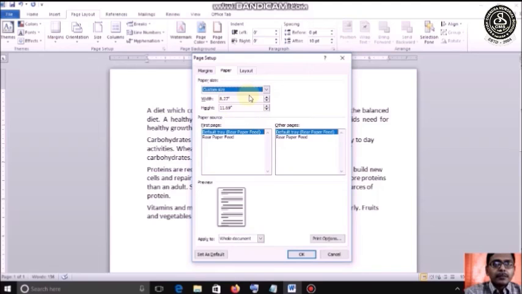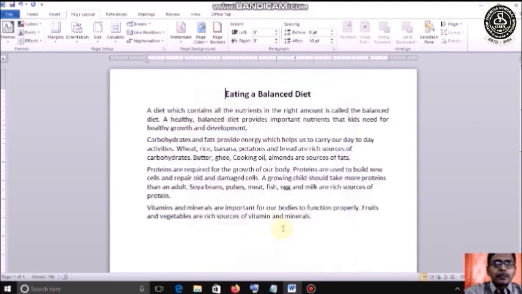There, the width and the height you can give manually in inches after measuring your actual paper. Then that paper will be formatted according to this document. Okay, after everything is done, click on OK, you are done. So this is all about setting the page.